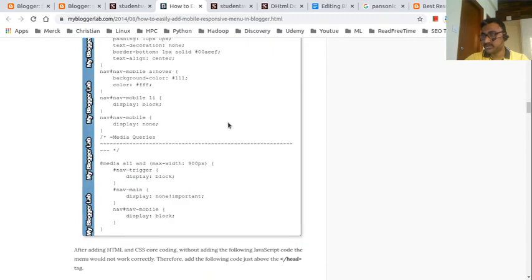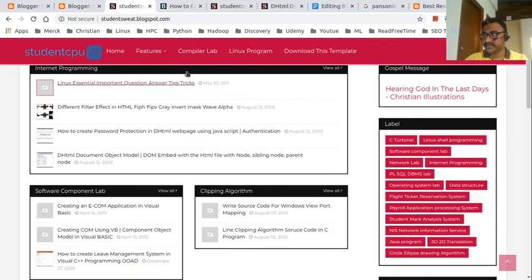One more important thing, whenever you are doing coding, you have to make sure it won't affect your SEO, because a lot of people updating the template don't care whether it is mobile user friendly or how many JavaScripts are added. If you add too many JavaScripts, it will add too much weight to your page and your page loading time, it will eat a lot of time, and finally your page will be degraded. That is another important thing. This is what I want to explain.